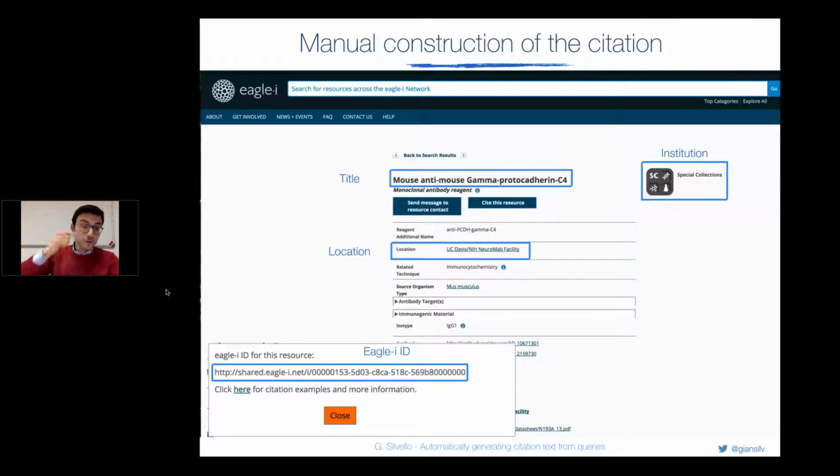Then we have to go back to the pop-up window, retrieve our URI, and build the reference following the format that we like. Here we may also have some inconsistencies. They say that they want to cite the data, but there is only a manual way to construct the citation.